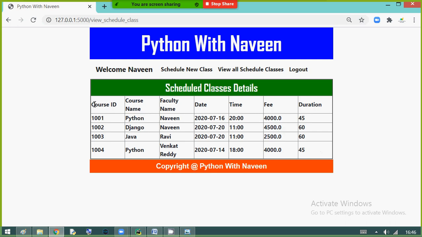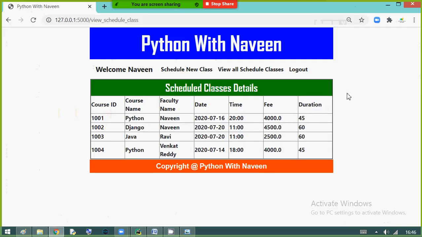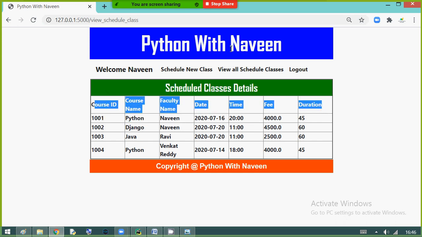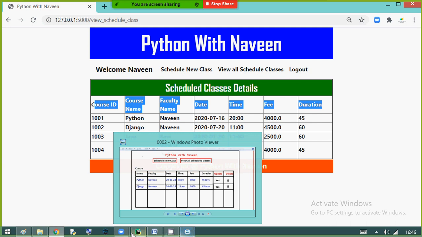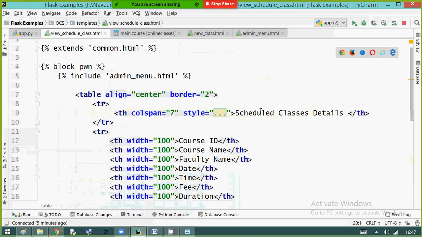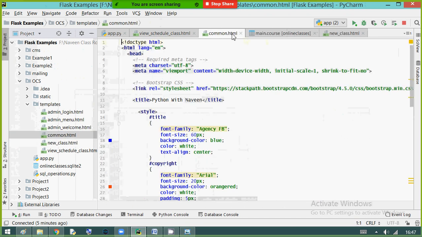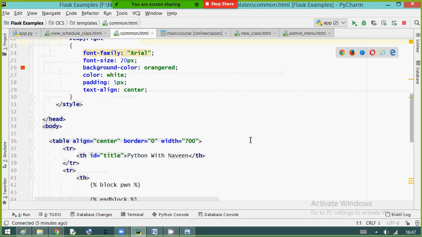If you decorate this, it looks much better. See guys, now observe. If I want to modify this table, I want to modify my common.html also, because in common.html we have given one fixed width.